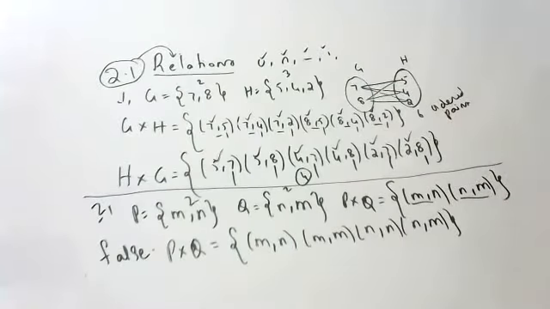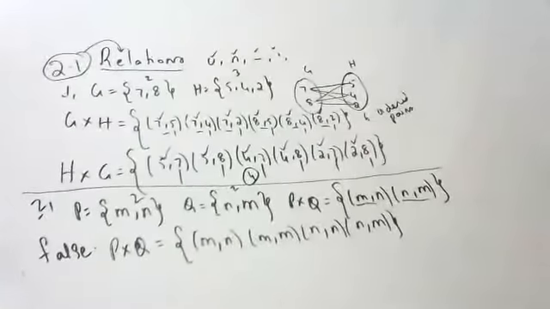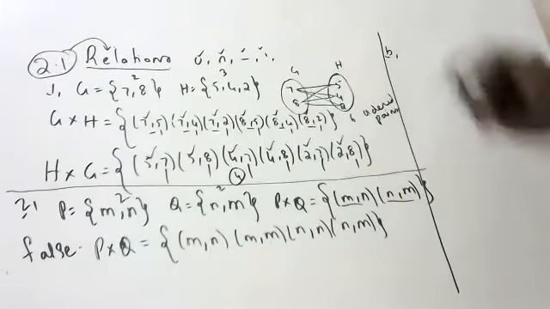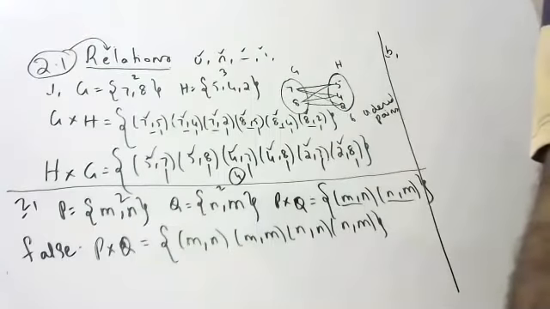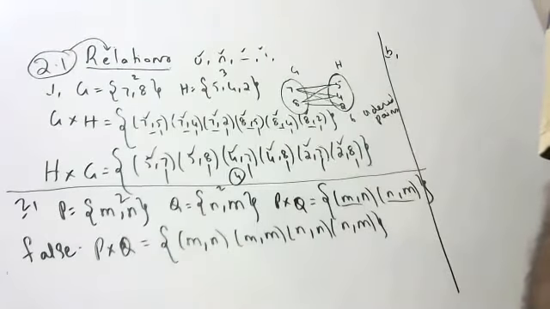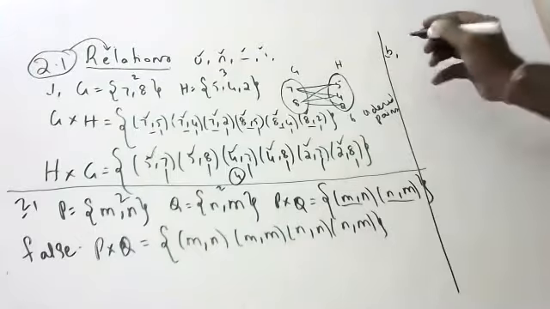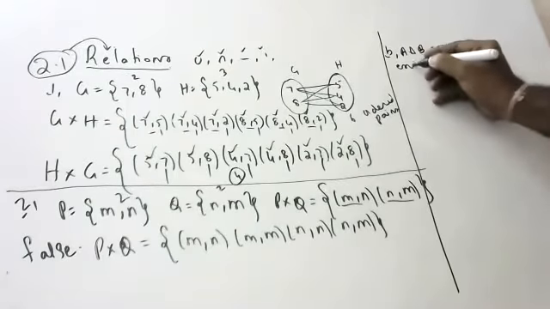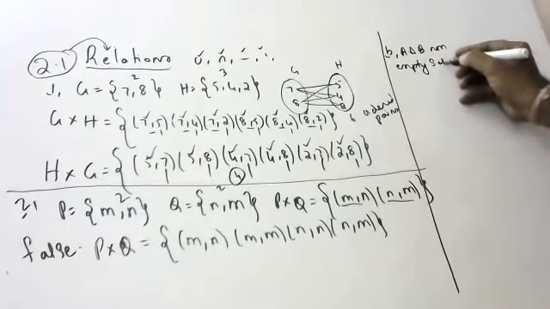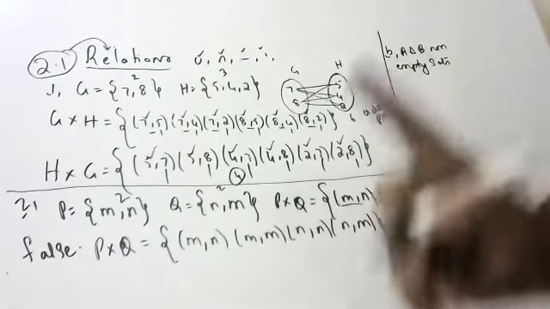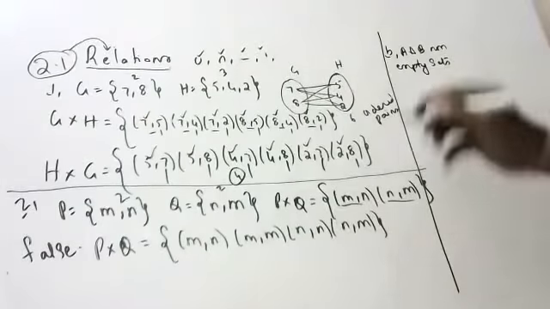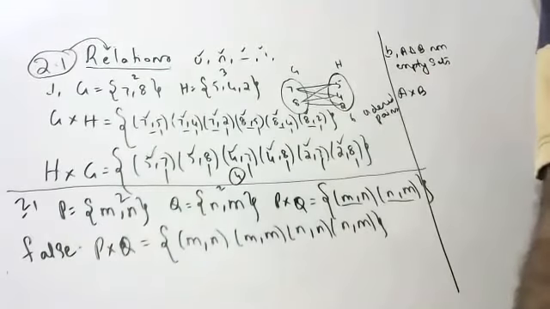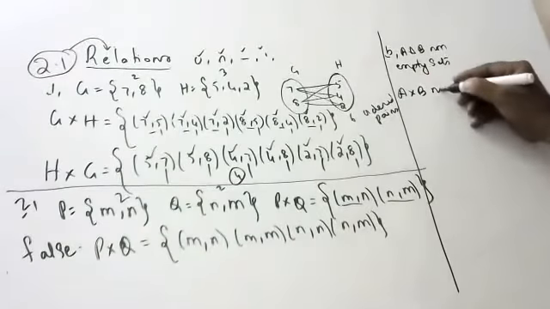Okay, in this only, children, two more parts they have given. This is the first part, true or false. The second part they have given, please see, children. In part B they give: A and B are non-empty sets, which means some elements are there. Then they are saying A cross B will be a non-empty set.